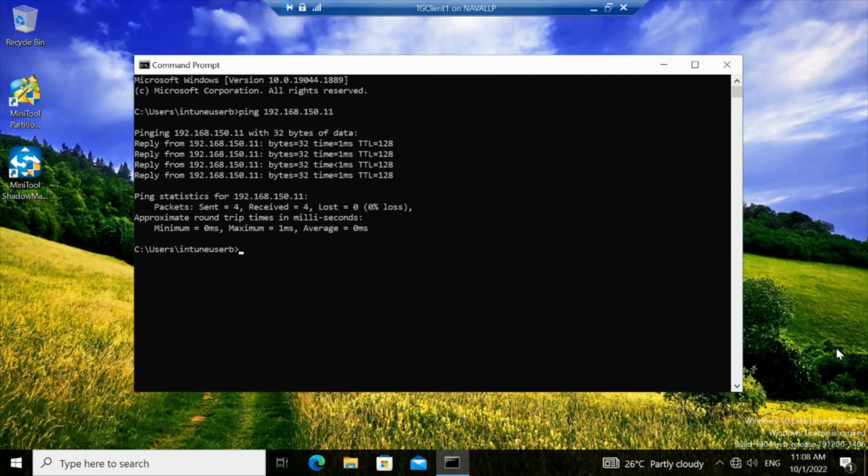All right, let's try to find out the IP address of our Hyper-V host so that we can try and communicate with the Hyper-V host from our virtual machine. And we know that we should not be able to communicate with the host because we are using private virtual switch. So let's go to our Hyper-V host